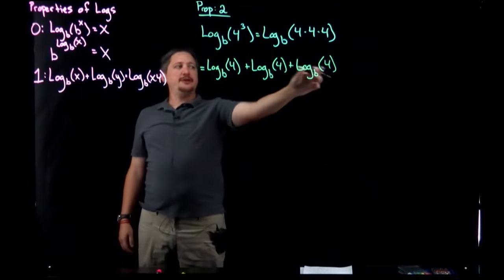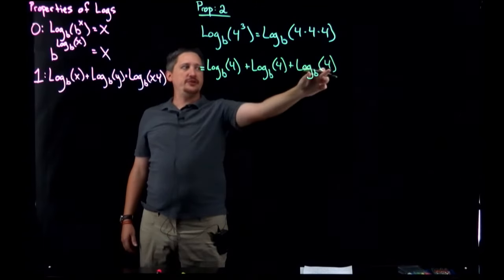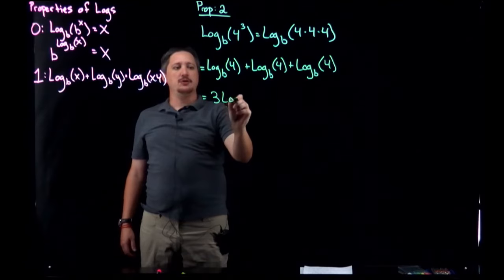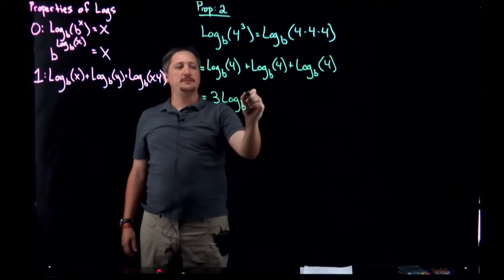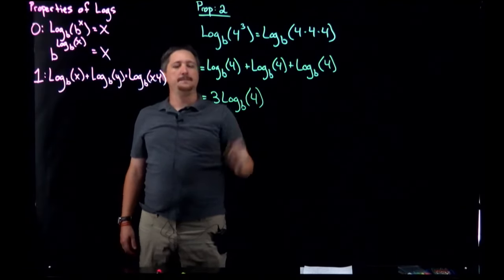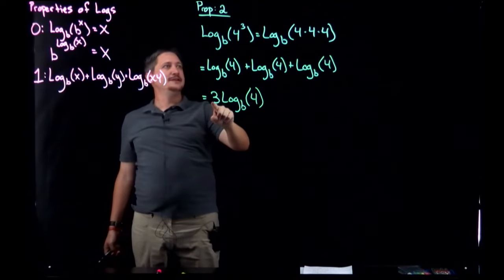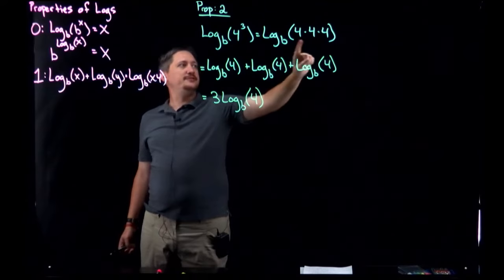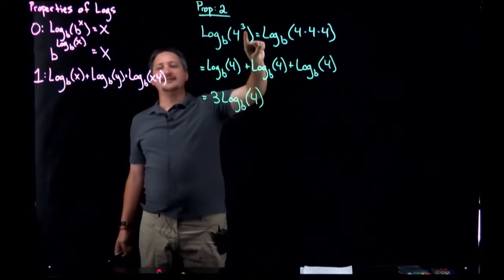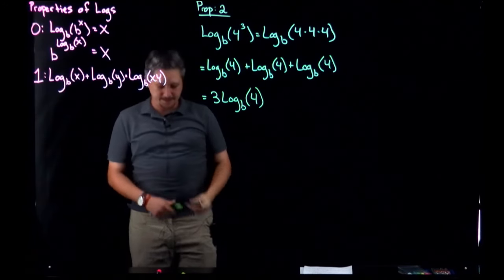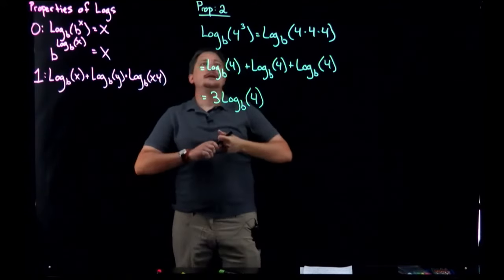But these are all the same thing, right? Log base b of 4, each of them. I have 3 of them, so I could write this as 3 times log base b of 4. And the key observation here is that that 3 came from the fact that I had 3 of these, because I had that 3. And so our second property is that if we have,